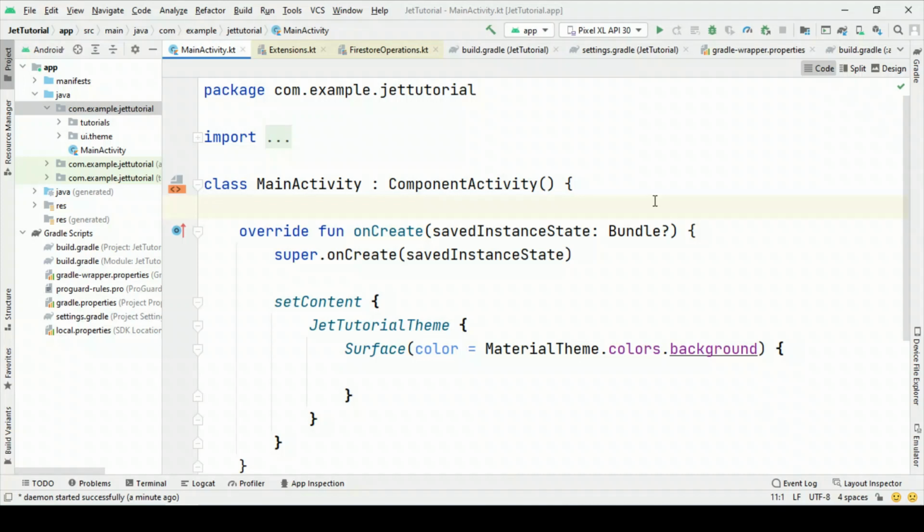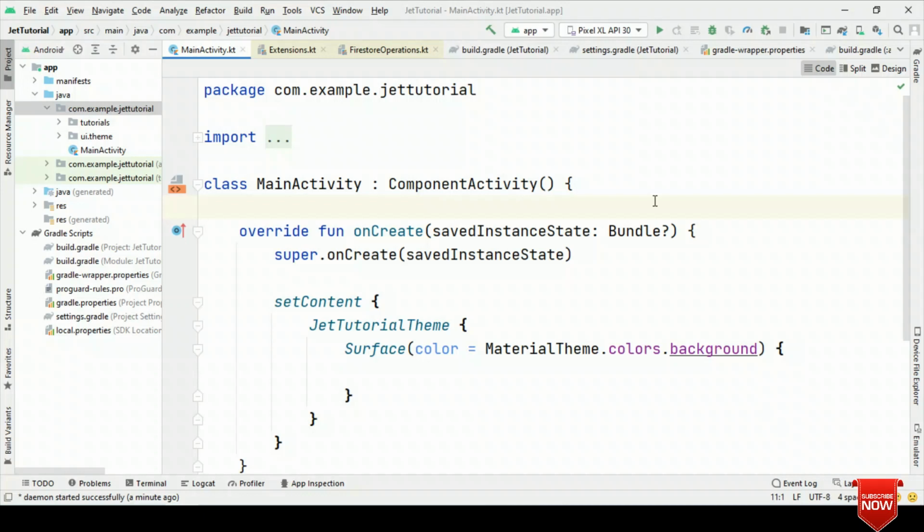I'm Pankaj Rai, and in this video I'm going to talk about how you can add Cloud Firestore capabilities to your Android app built with Jetpack Compose. Well, we are going to use Jet Firestore, which is one of the libraries built on top of the existing Cloud Firestore APIs. That means you no longer have to maintain the callbacks or add the listeners on your own.